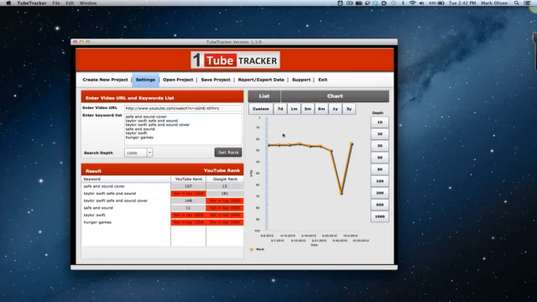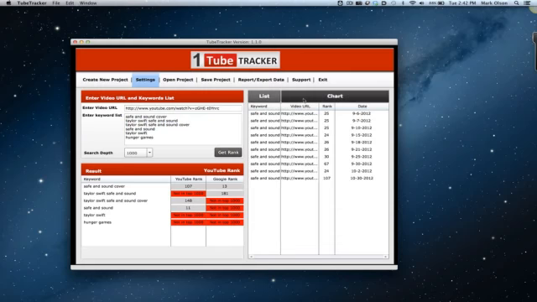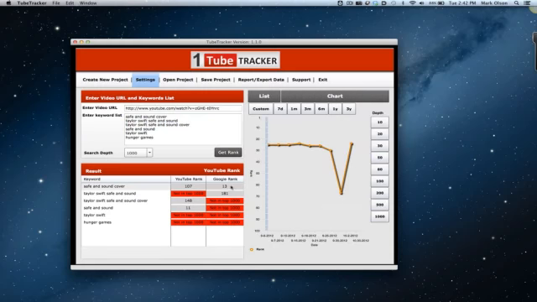If you click here, it will display the list or chart of the YouTube rankings. Click on this one, and it displays the Google rankings. This only has one dot because we just barely added the Google rank tracking. You can, of course, save as many projects as you want. You can export data either as a CSV file or a PDF file.